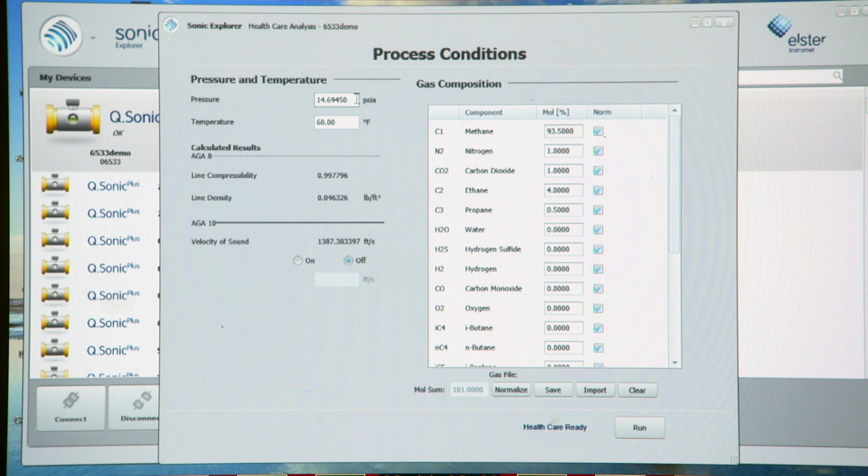So in the real situation, we would type in the static pressure measured at the meter and the gas temperature. We could also enter the gas components manually, or we could import them from a CSV file that was generated by the gas chromatograph software, which is obviously the best way. I'm going to just bypass all of that and go ahead and run the health check at this point with the default values that are in here,